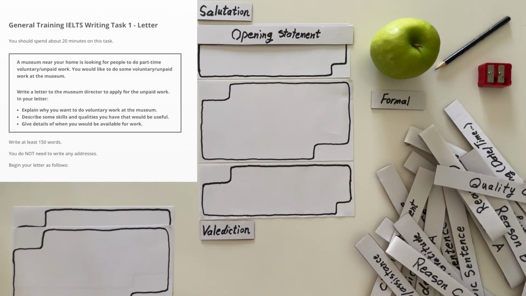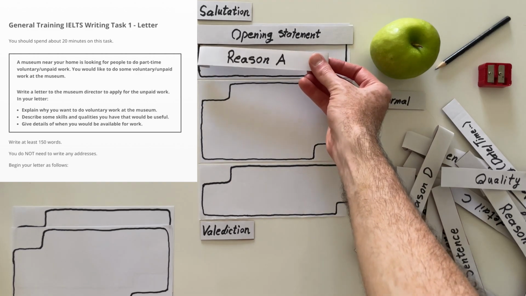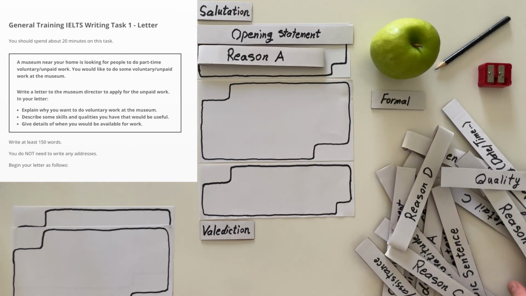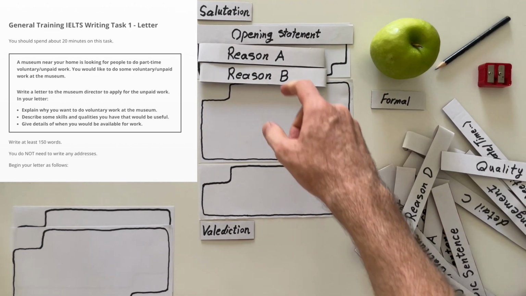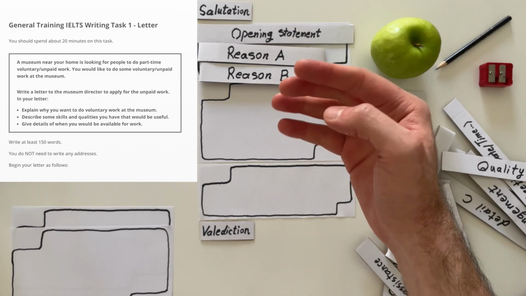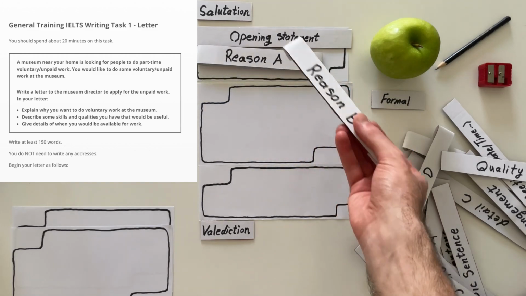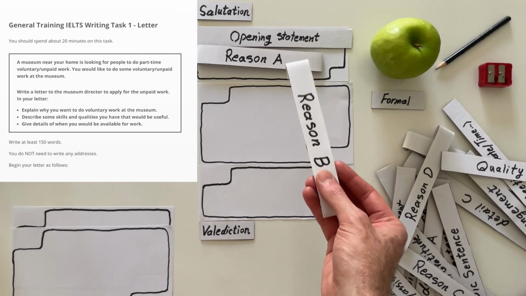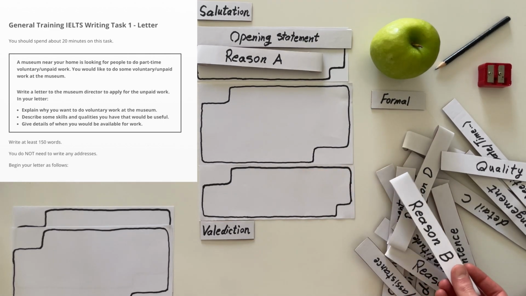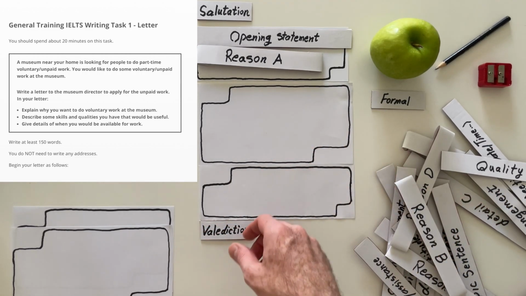And then it says, explain why you want to do that. You can express a reason. You can even go ahead and say reasons. If it's one reason, because IELTS here doesn't limit us, it says just explain why. You can say one reason and it is fine. Two reasons will not give you any extra mark. I'm just telling you. You might want to be a university student and you have a term paper to present, and for that you need to be at the museum for at least 2 months, 3 months, whatever. Go ahead and say that.